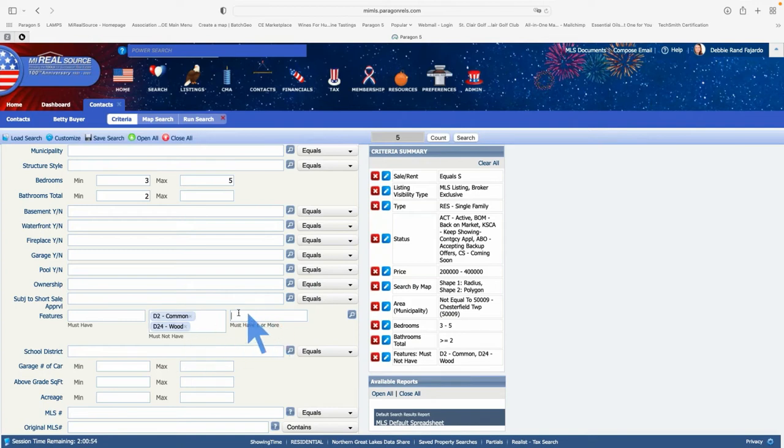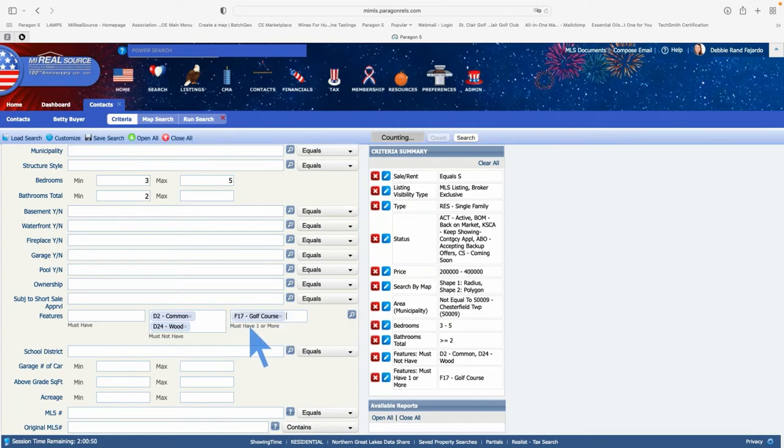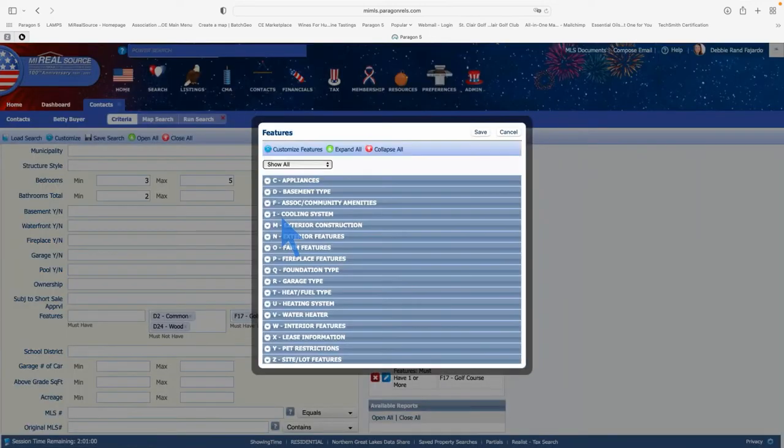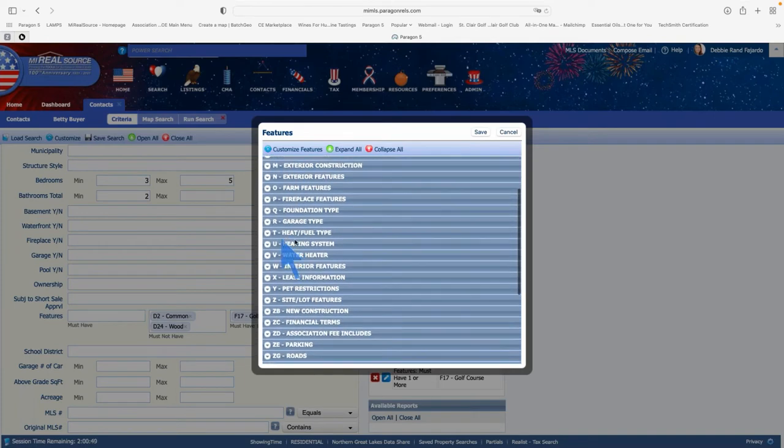And seeing even like golf course here. Golf course would be my preferred, and there's a couple of different golf courses. So when you look at these, what's the difference between golf course and on golf course? F and Z. So this is where you want to look, see what they are. So what are F, association or community amenities? So as long as it's in the golf course community or in the association,